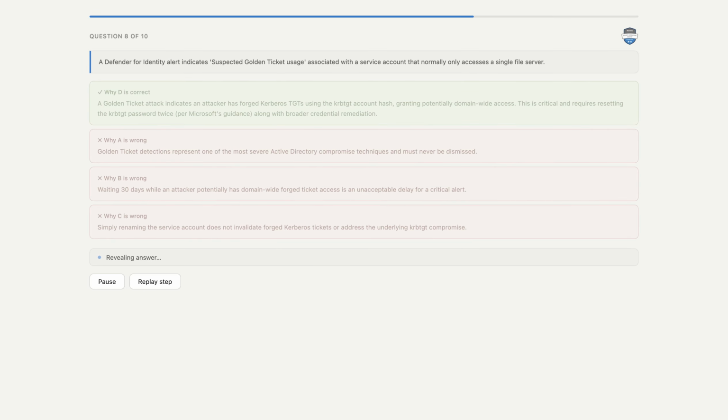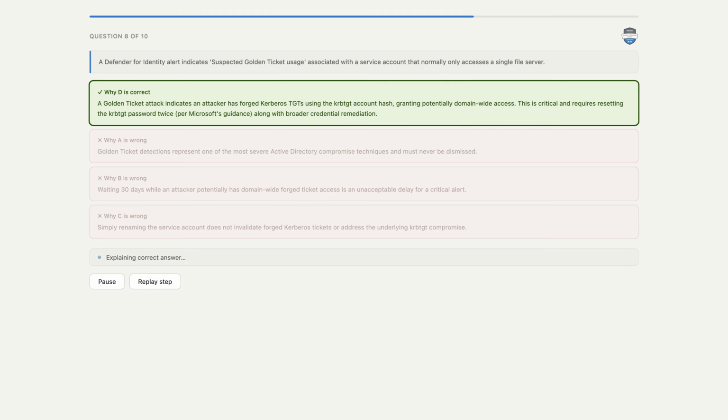The correct answer is D, treat as a critical incident. Investigate ticket granting activity, reset the KRBTGT account password twice, per Microsoft guidance, and reset affected credentials. Why D is correct? A golden ticket attack indicates an attacker has forged Kerberos TGTs using the KRBTGT account hash, granting potentially domain-wide access. This is critical and requires resetting the KRBTGT password twice, per Microsoft's guidance, along with broader